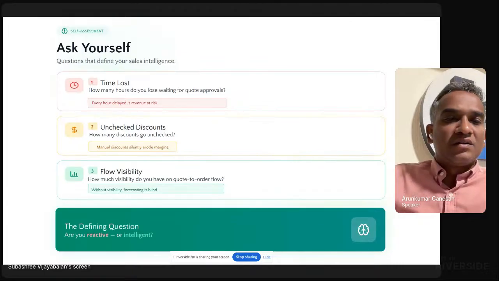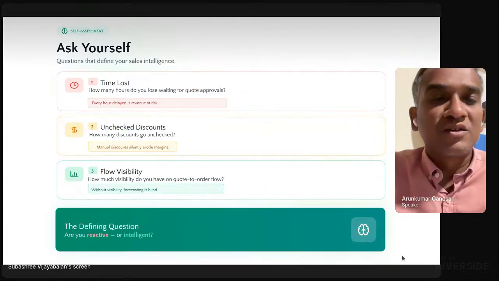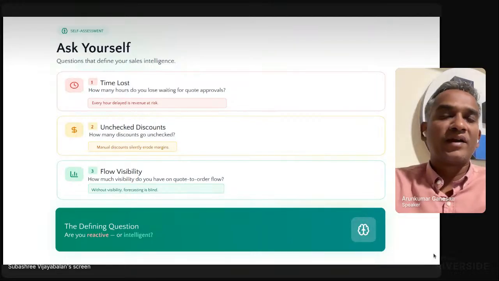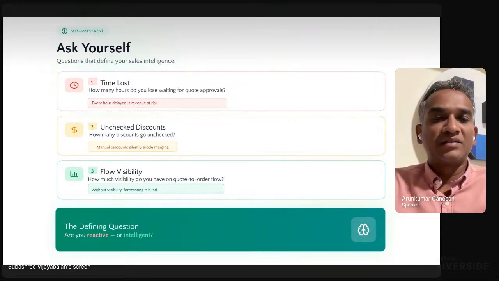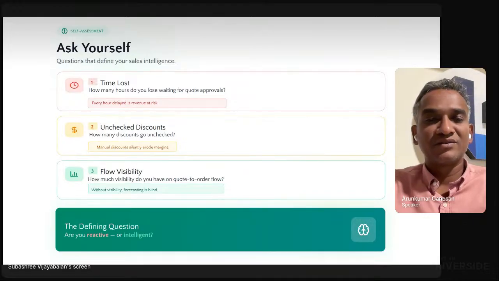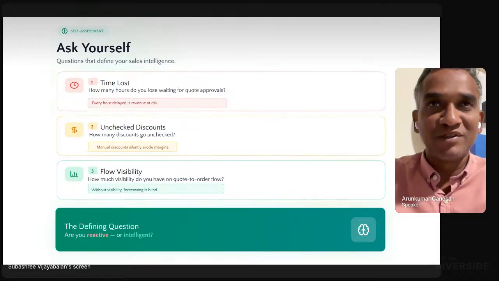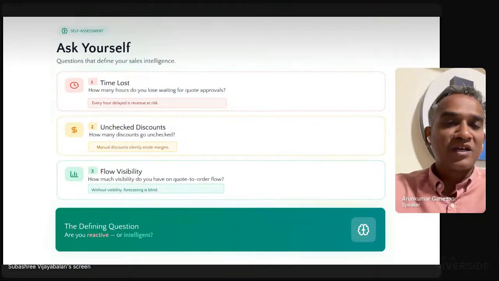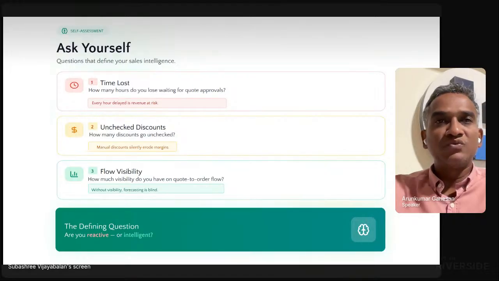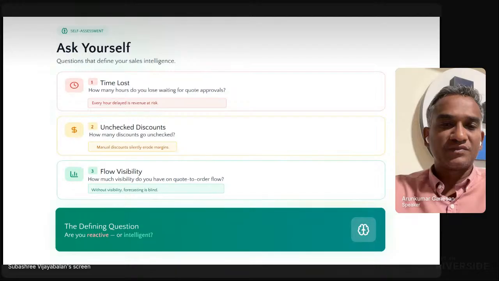Okay. So now it's time to really ask yourself, you might think, hey, why do I need CPQ? I can still survive. Many of our sales folks ask these questions: CPQ will not allow me the flexibility because I cannot change the margins. I cannot edit this. It requires approval. Exactly. That is the real purpose of CPQ, isn't it? So just ask yourself how much time you are losing, and how many hours you really lose for every quote for a small approval, right?